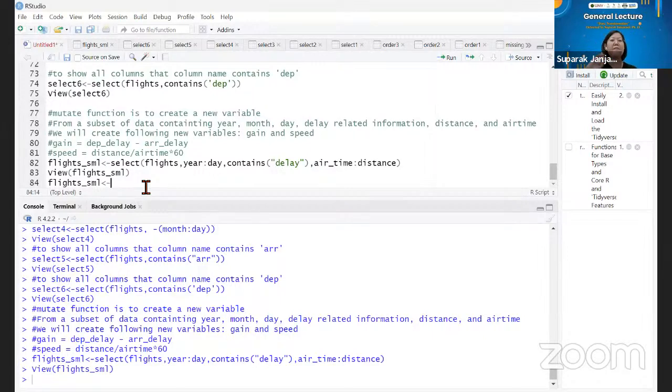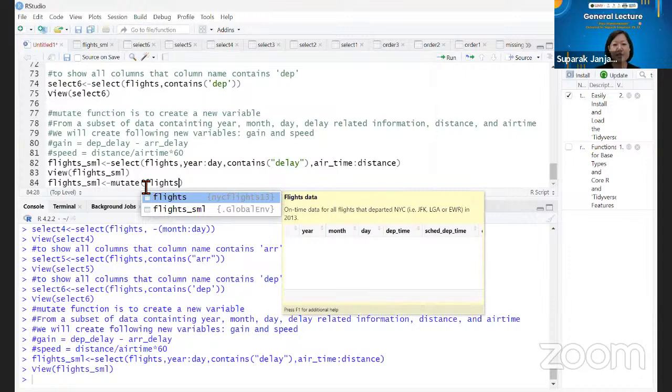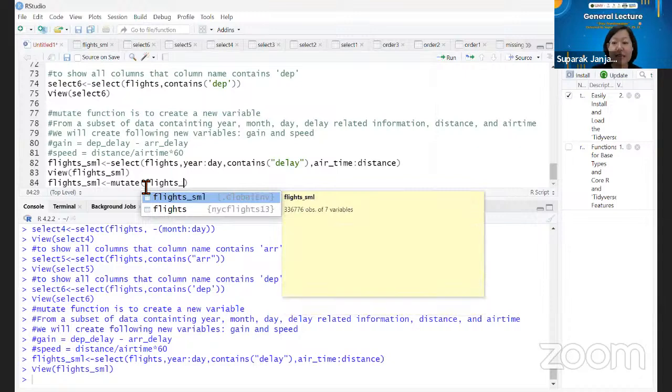So now everyone has the answer. You know for sure that we're going to use the mutate function on flights. But now we don't use the whole data set. We want to,